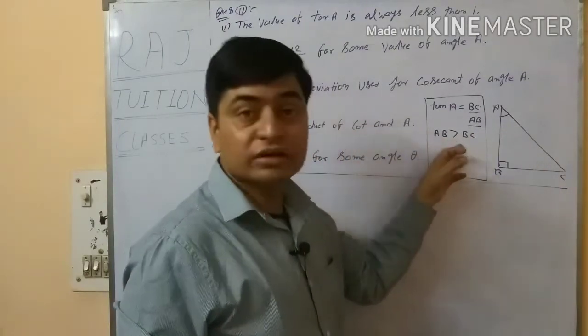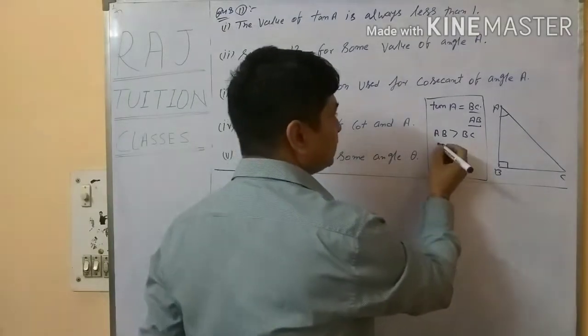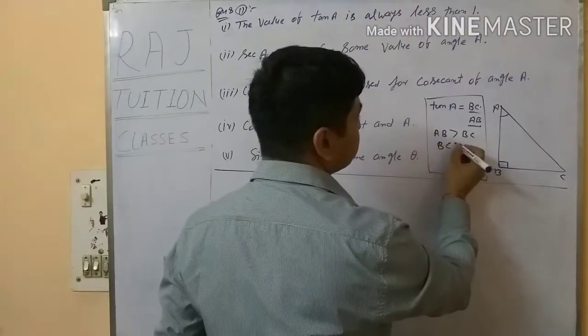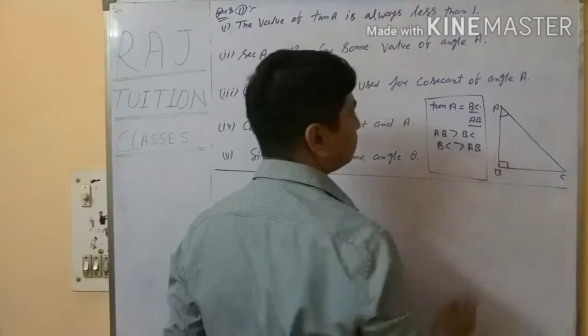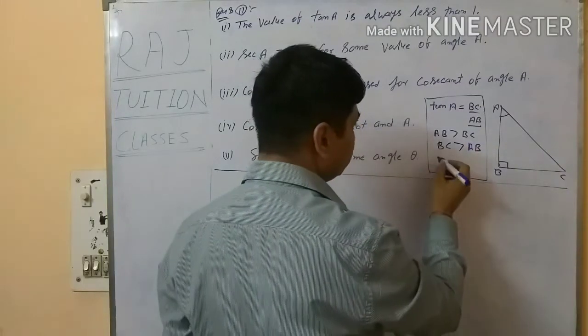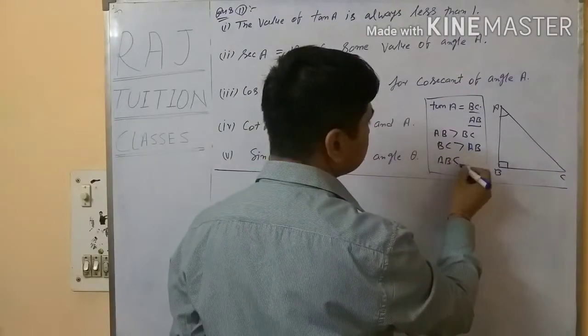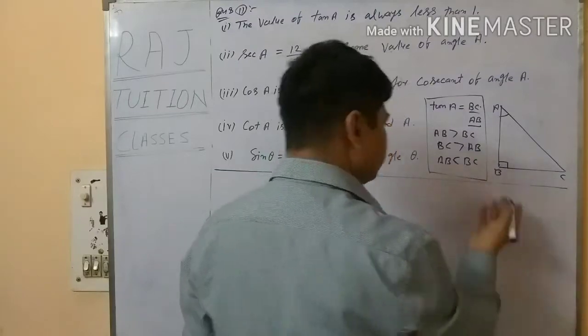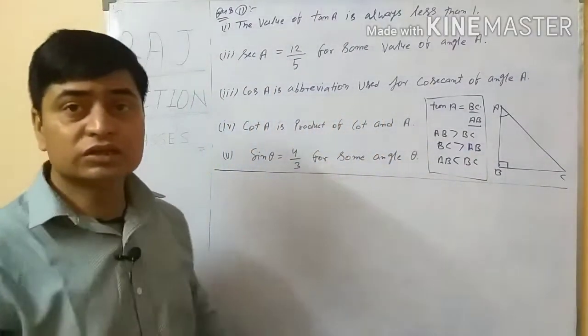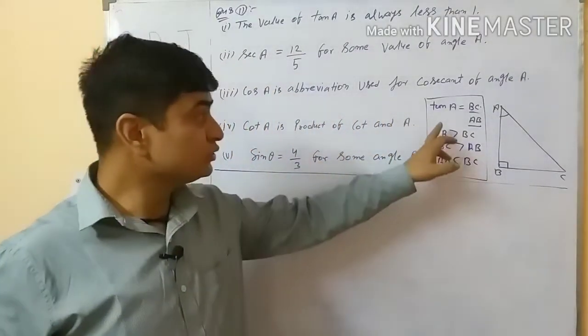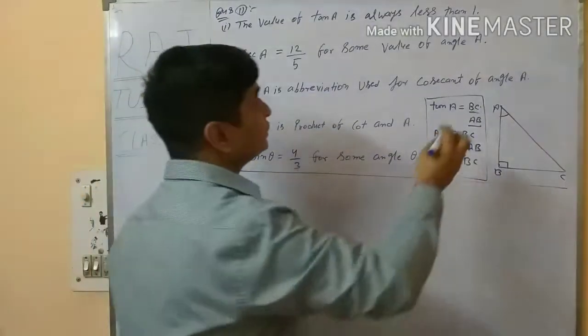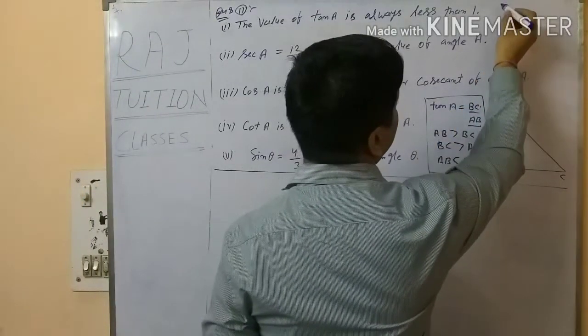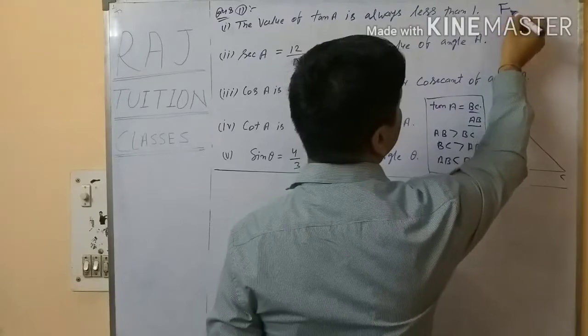क्या ये नेसेसरी कंडीशन है? क्या कभी भी ऐसा नहीं हो सकता कि BC ग्रेटर देन AB, या इसका उल्टा भी कि AB लेस देन BC? ये हो सकता है। देयर आर सो मैनी राइट एंगल ट्रायंगल्स, तो ये हो सकता है। सो दिस वन इज नॉट ट्रू, दिस इज फॉल्स।